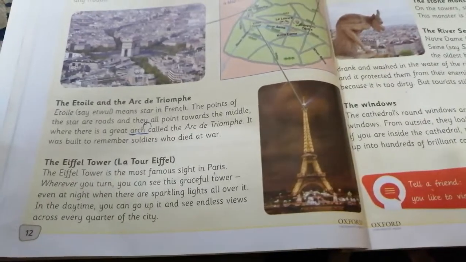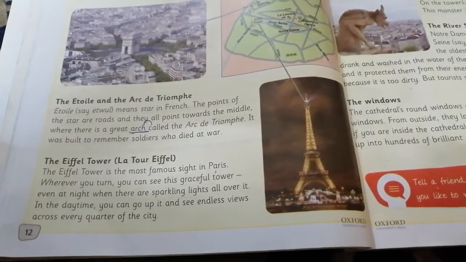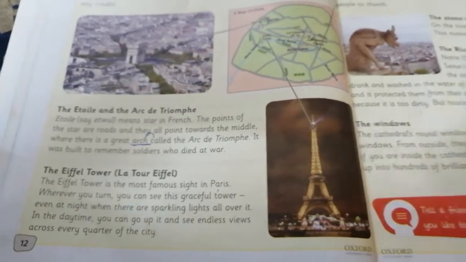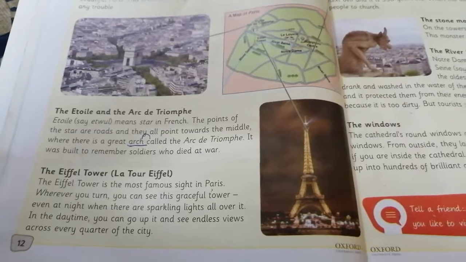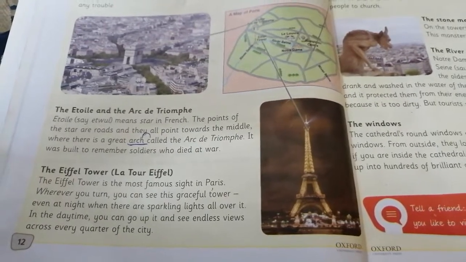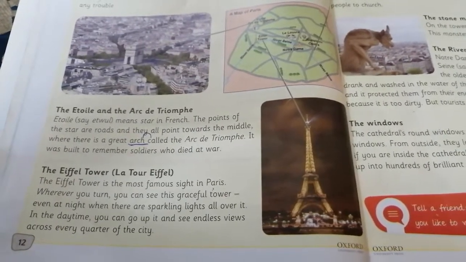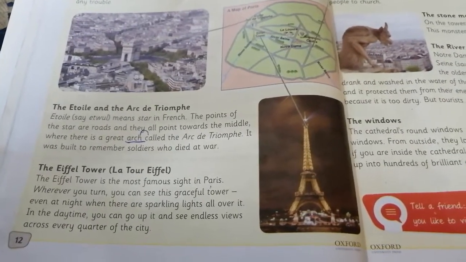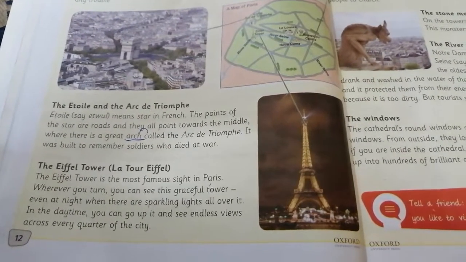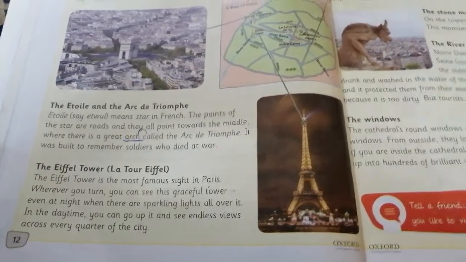This para is about the famous spot of Paris, as you can see in this picture. This is the Eiffel Tower, which can be clearly seen from every turn you take. It is beautifully decorated with lights which glow during the night and enhance its beauty. In the daytime, it can give the view of every quarter of the city. In the next paragraph,